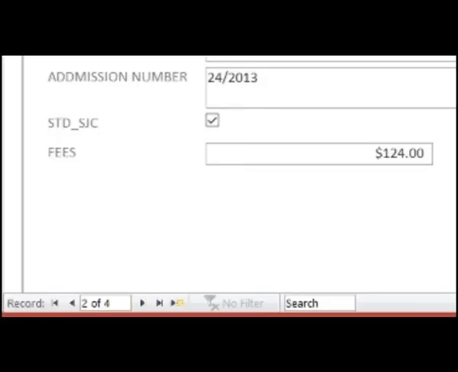See children, this is your navigation button at the bottom. So now this is the second record. And how many records have I inserted? I have inserted 4 records. You can see just after 2 of 4, you have the option buttons. The last option you have is a golden color icon. This is to insert a new record. You can insert the record after the 4th one. Now you click on this icon.